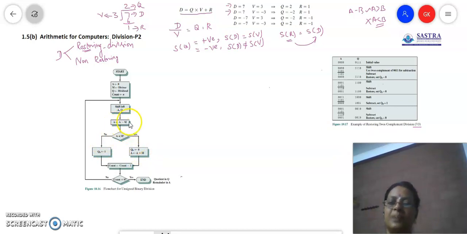So always we subtract, and after subtraction we check the value of a. If a is less than 0, it means a negative number. That means this subtraction has to be cancelled. To cancel the subtraction, we have to do the addition, and this process of adding the number back again to restore the original value is called the restoring division method. Another method we have is called the non-restoring division method. Of course, we are not going to discuss that. So in this session we will be discussing only the restoring division method.